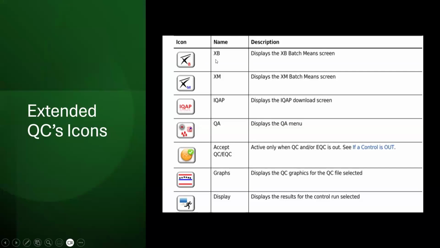So this is the icon for XB. This displays the XB batch main screen. If you want to set up, this displays the XM batch main screen. This is the icon for IQAP. If you want to set up the IQAP,